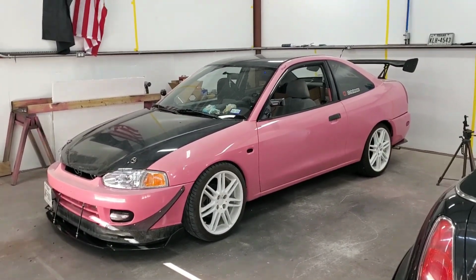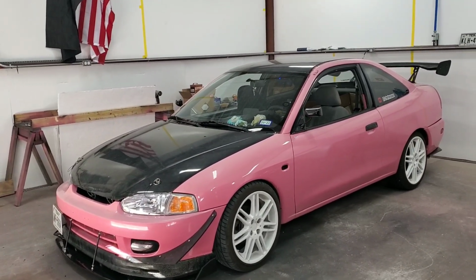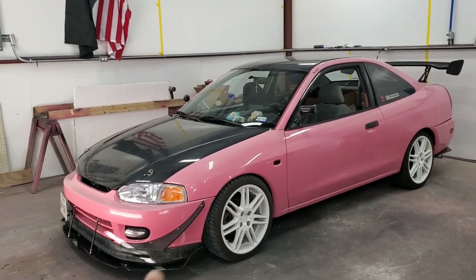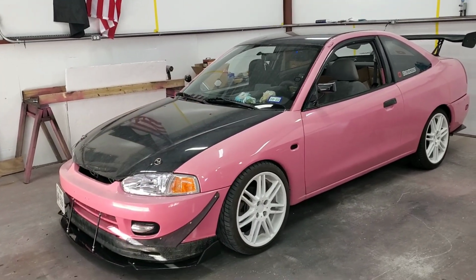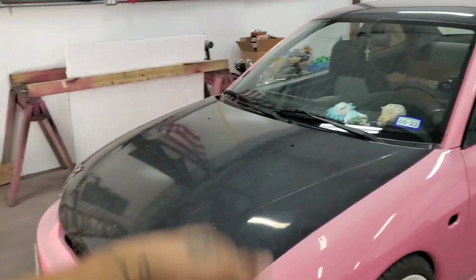Slowly but surely this thing is coming along, looking nice. There's several more things I want to do. The body looks a little plain right now, but with more details, eventually it's gonna look nice. Yeah, we'll talk more about the engine. I also bought